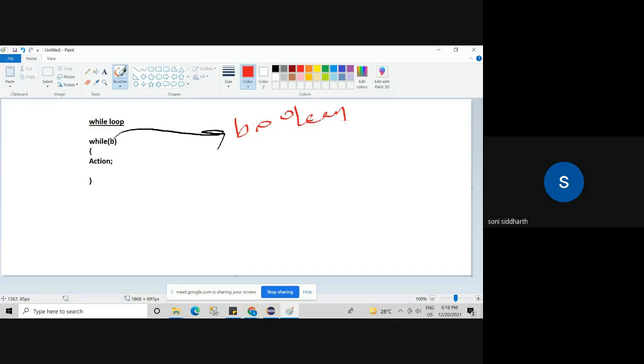If we have increment or decrement type of condition, then we should use while loop. No, that is applicable for all loops. That is applicable for all iterative statements.